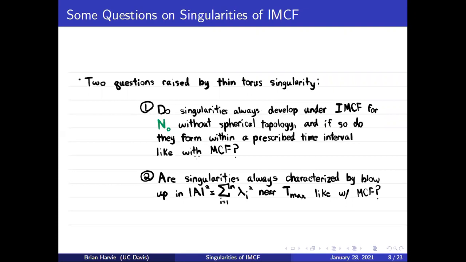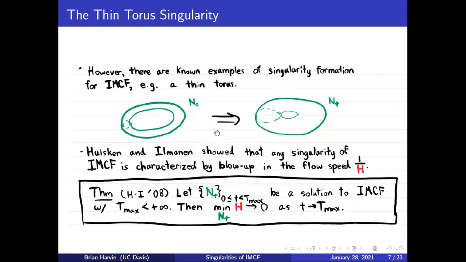And the characterization question that I'd like to focus on has to do with blow up in the total curvature. So as I said, if you think back to this picture, you should have mean curvature going to 0 eventually along the inner ring. As mean curvature is going to 0, a natural question is: is the total curvature along the inner ring blowing up? Put another way, if you consider the axis of rotation for this torus, does the inner ring reach the axis of rotation by the singular time? So that you have one curvature going to minus infinity, and this one going to plus infinity